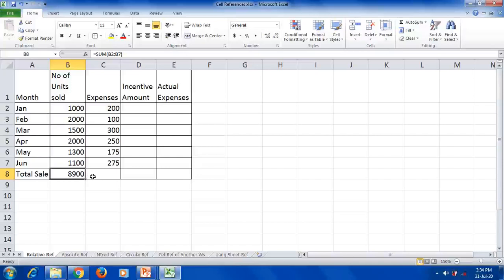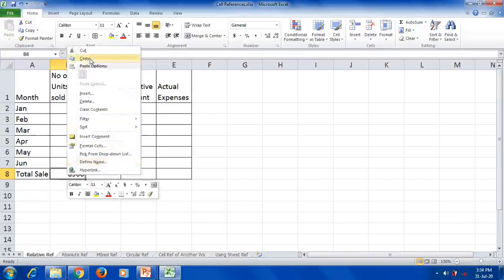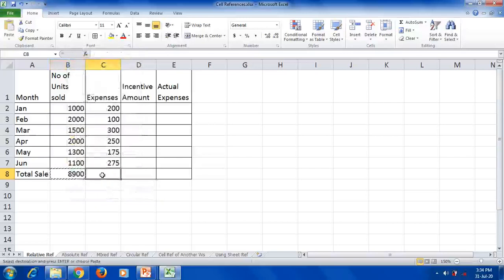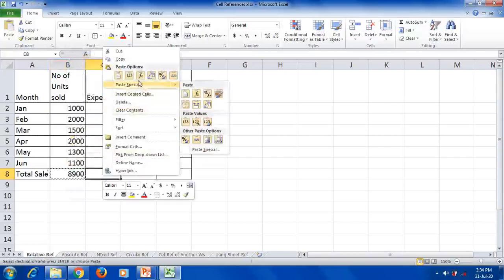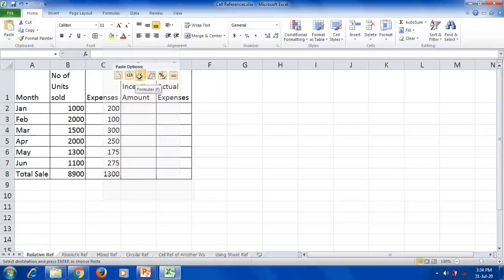Then automatically the address gets changed in place of B. Let us see that. Copy it and paste here. See, now automatically it has become C2 to C7. I copied from B2 to B7, but when I pasted in the C column, the formula changed automatically.